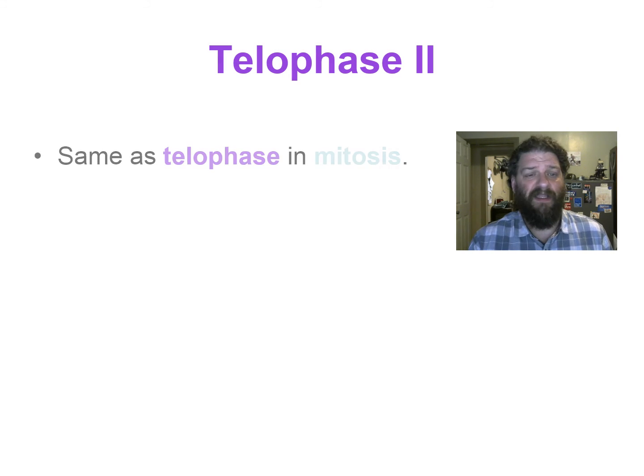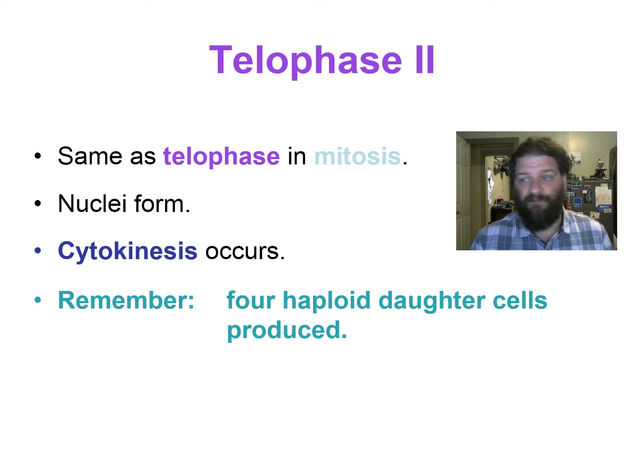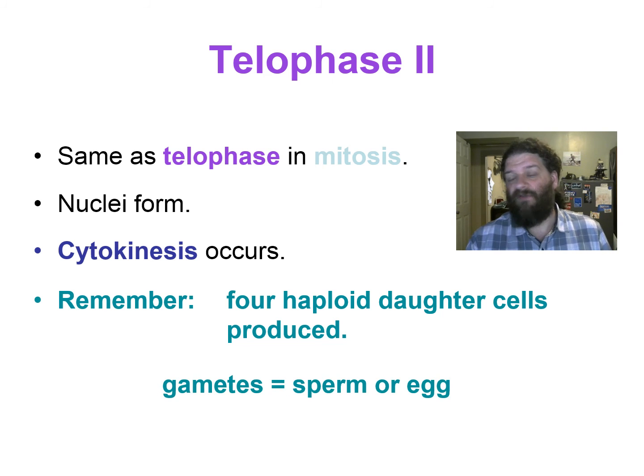Telophase is going to look just like in mitosis, right? We're going to have new nuclei form around those now individual single chromosomes, right? We're going to see the division of the cytoplasm, and we're going to end up with now 4 cells that are haploid with single chromosomes each, right? 1 of each homologous pair of chromosomes, perfect for gametes so that they are set up and ready to fuse.